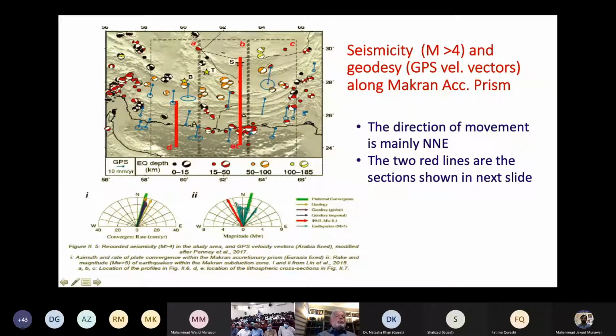You put down seismometers or GPS geodetic instruments that measure the movement of the surface of the earth, wherever you put these on, and then you measure them very accurately with GPS, with an accuracy of a few millimeters, and they can show you how the plates are moving today. So these are the movements of the plates right now. All of Pakistan and Makran and Iranian Makran are moving in a northeast direction, and of course the movement is very, very slow, so you can't actually measure it except with these geodetic